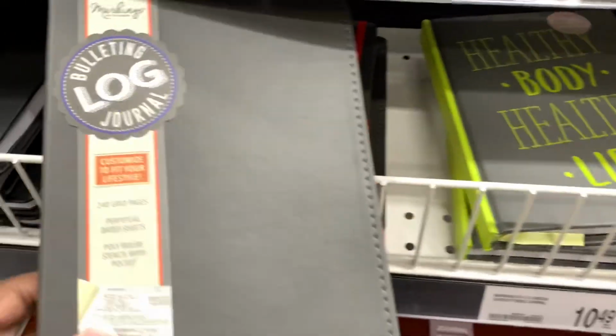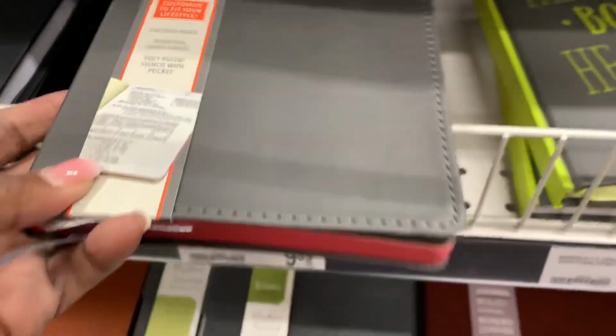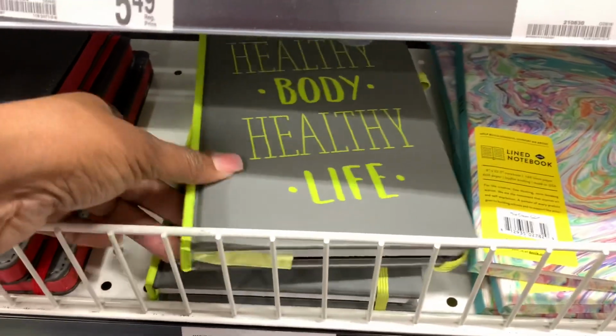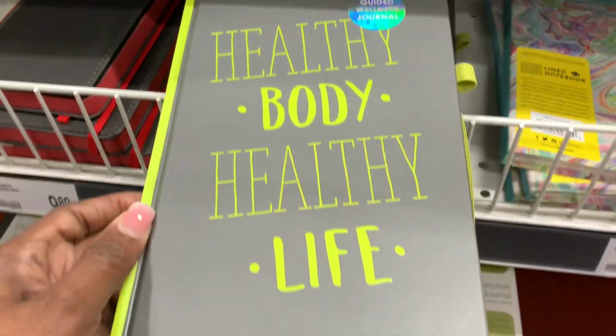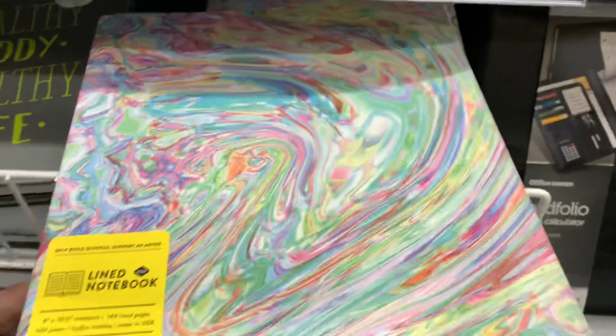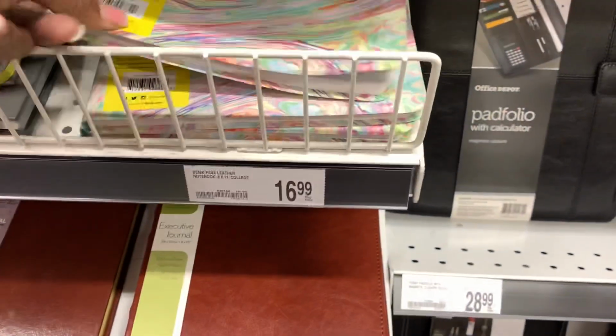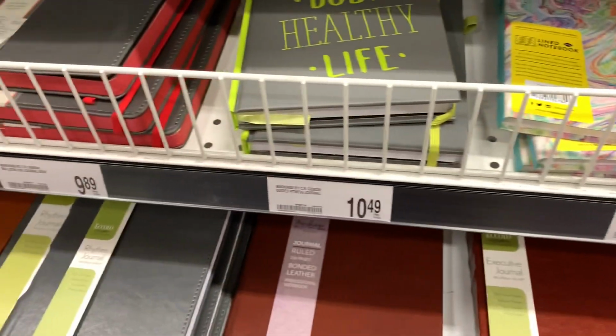These journals, they got bullet journals. They got bullet journals at Office Depot, and the prices ain't bad, okay? So I just want you to see these. These right here I picked up, and we're going to do a little quick flip through of them, but I thought these were neat right here. I thought this was a bullet journal, but it isn't. It's just a notebook, and I picked it up. But I am going to flip through the other journals just to see what they look like on the inside